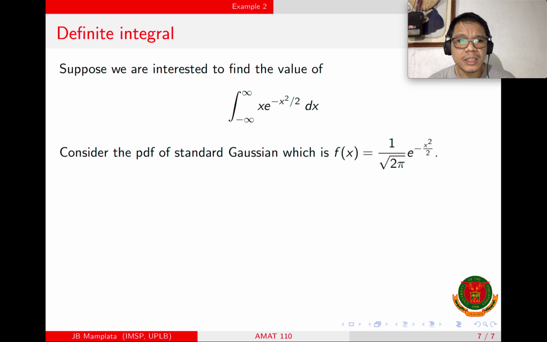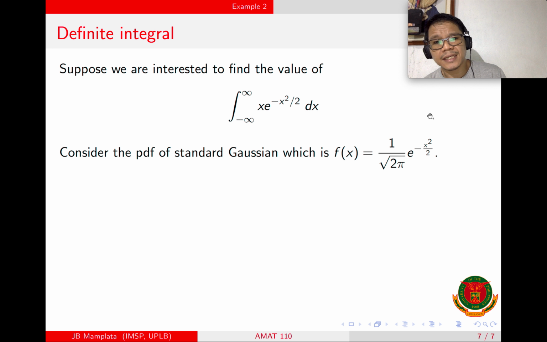If we consider the probability density function of the standard Gaussian or standard normal distribution, the density is given by this one: 1 over square root of 2 pi e raised to negative x squared over 2. Okay? So, that means, if we use this as our f of x,